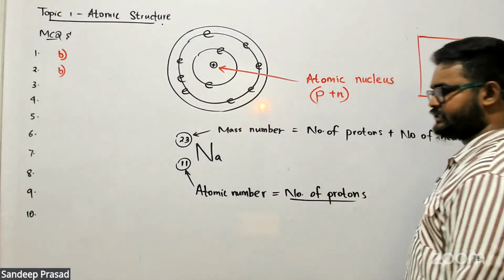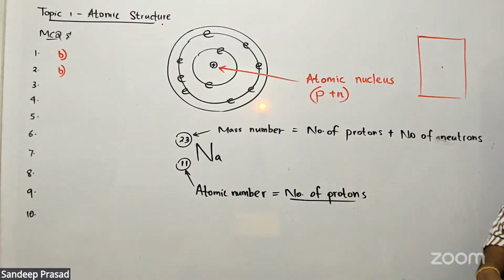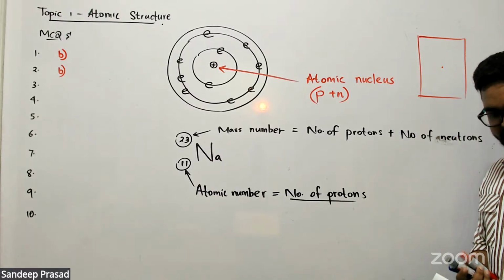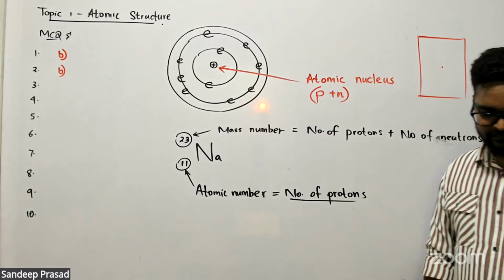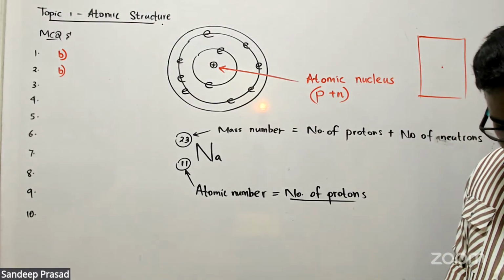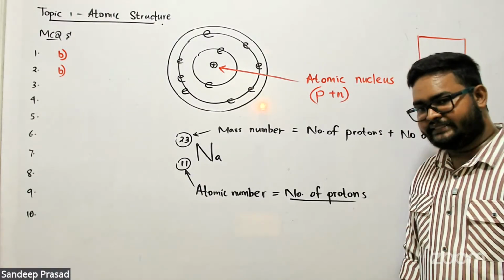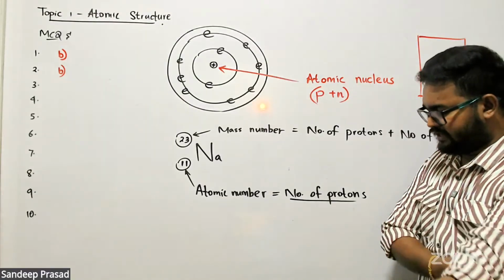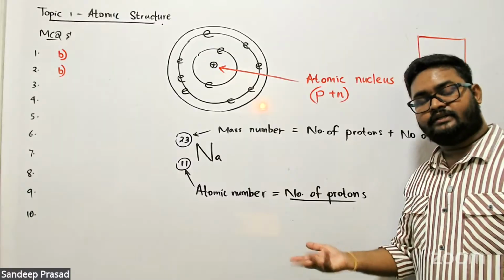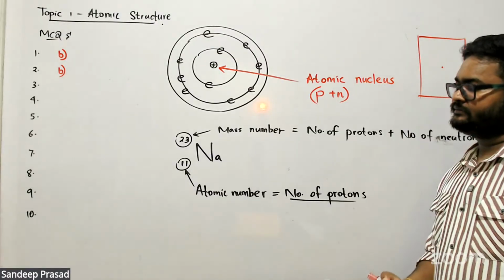So can we say that atomic number is equal to number of electrons? What do you say? Is it correct? If I say that atomic number is equal to number of electrons, is it correct? Not at all the time. Now, if you consider sodium plus cation,